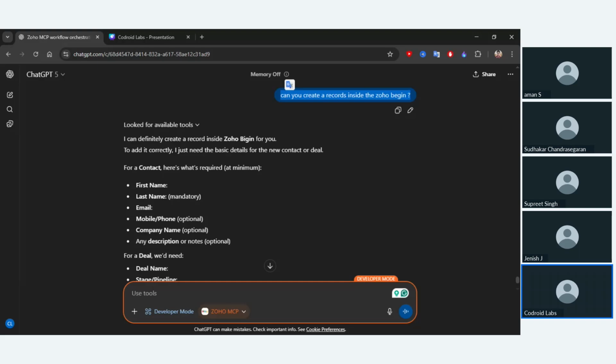ChatGPT also takes some time to execute all those functions, because it configures and authenticates those applications, calls the APIs, and executes the steps. After taking that time, it gives a better result.